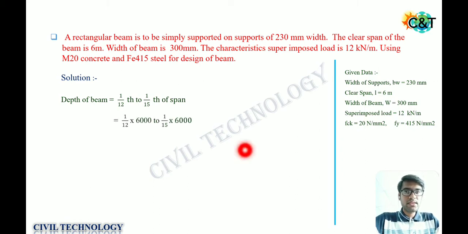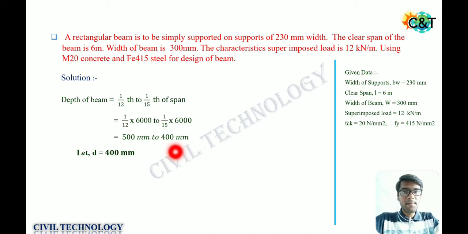Okay, so based upon that, if we calculate the depth of beam, it is 1/12 of 6000 to 1/15 of 6000, meaning our depth comes in between 500 to 400 mm. So this is actually our effective depth. What is effective depth? We can discuss that in some other video. Please comment if you really want that, so we can discuss it in detail in that video. So let's consider 400 mm